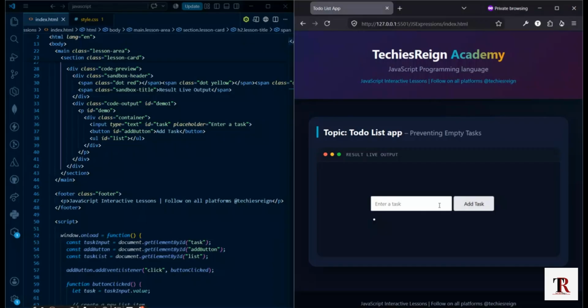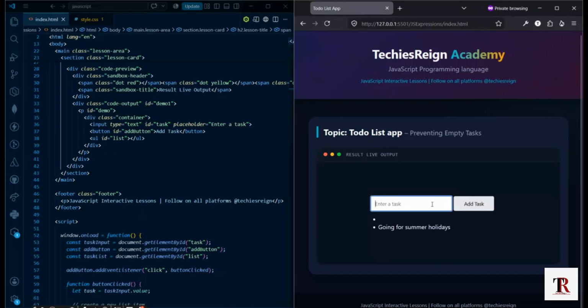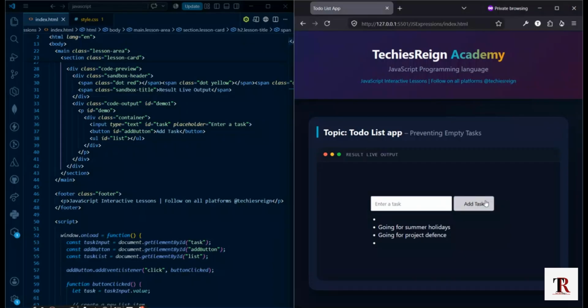Imagine you have typed in going for summer holiday, and you added it, and then you now add going for project defense, and you now added another empty one without typing anything. Now you can see how this can affect your tasks. You can see how irregular and broken a user experience this is for whoever is the user trying